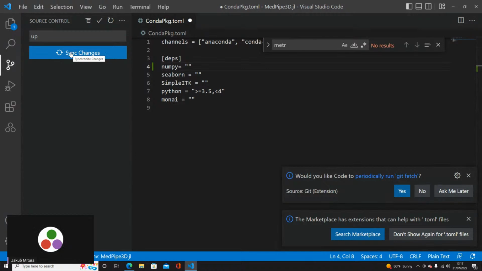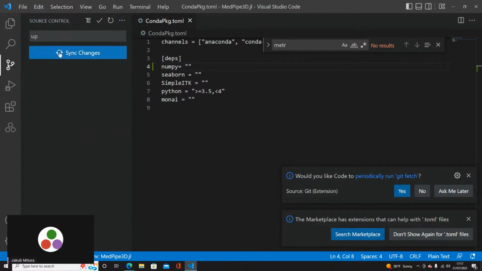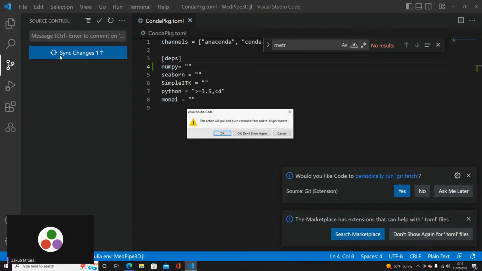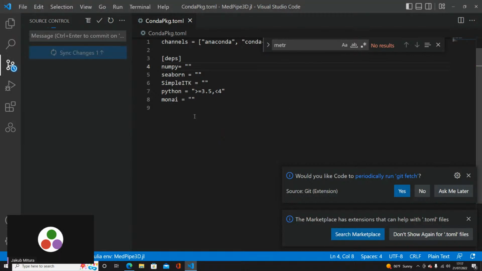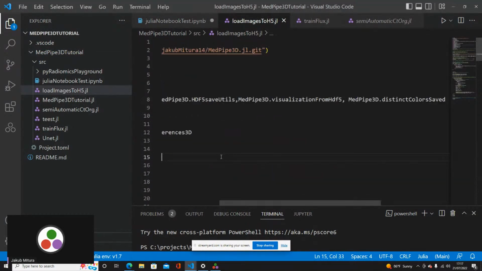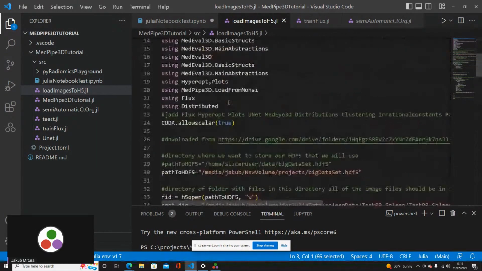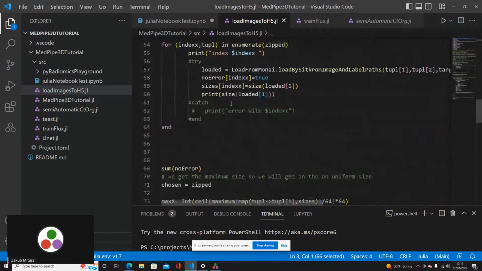Okay, so I will just save it. Now, as you get to the top, you can load the MedPy 3D from the source. I uploaded the NumPy to the Conda environment.